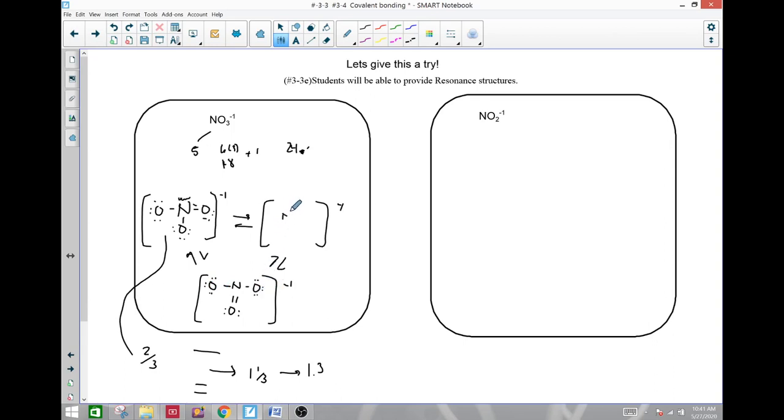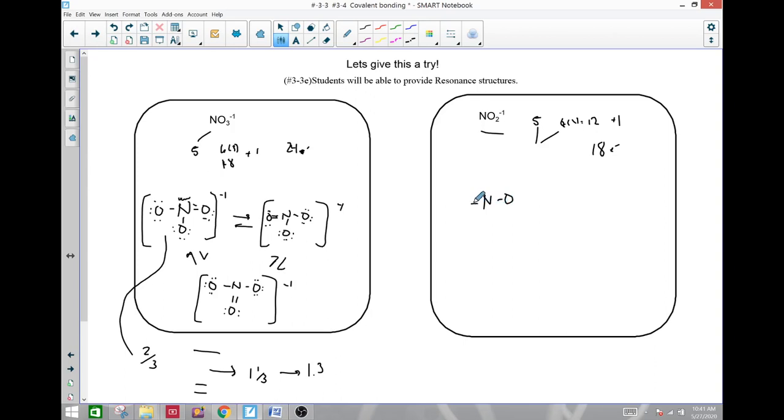And then we have this guy. Try it on your own. This is 5. And then we have 6 times 2, 12, plus 18, 18 electrons. So, again, I'm going to give myself a little room because we're going to make what's called a